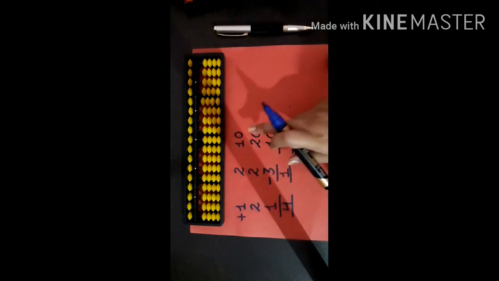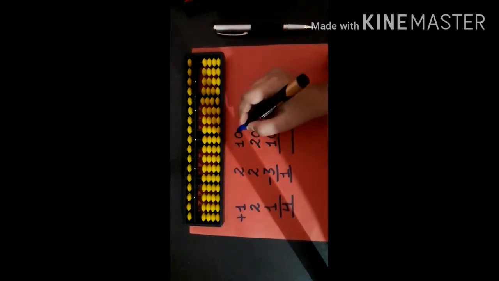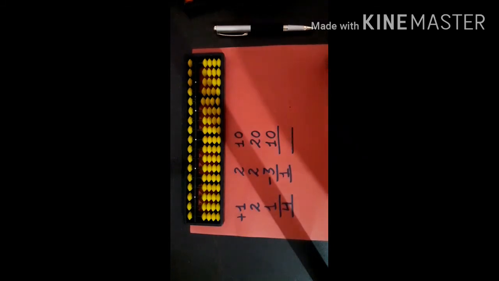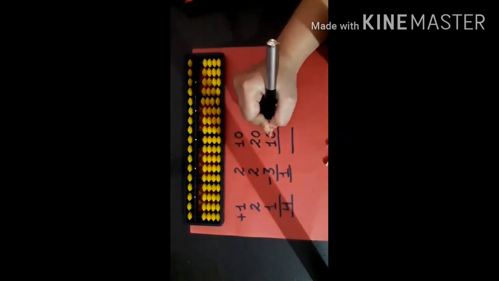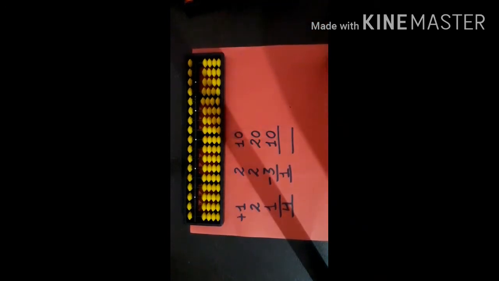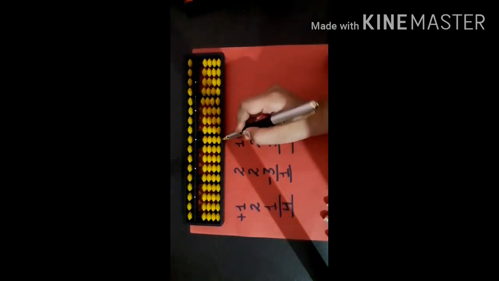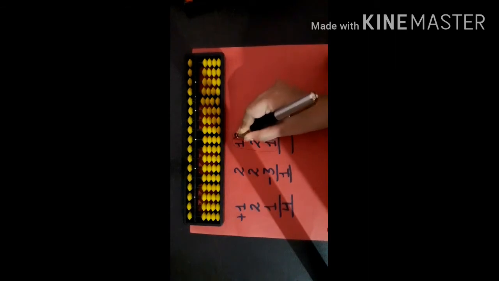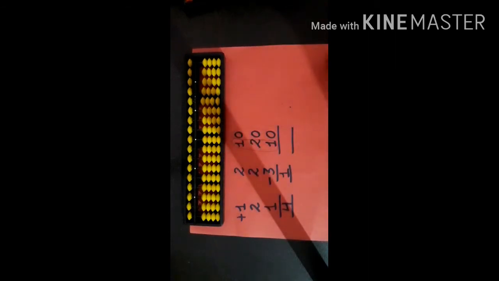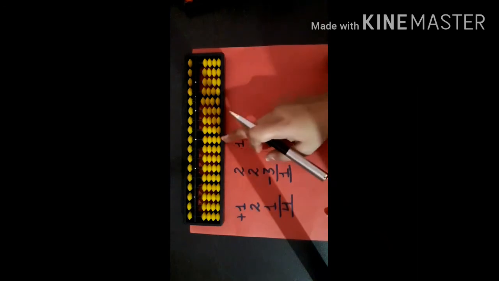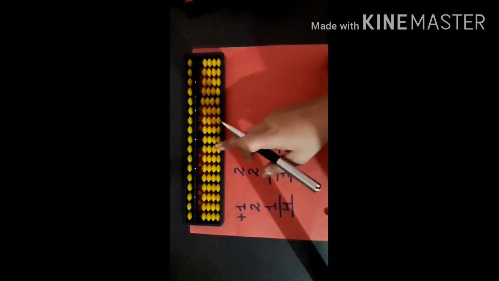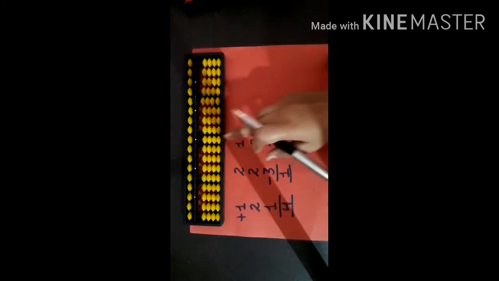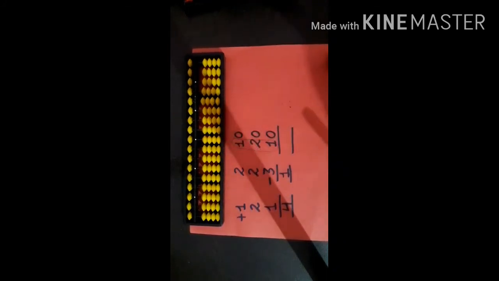See this. This is our sum. Now how we will do? See students, this first part goes in first rod, and the second line goes in second rod. The numbers of the first rod go in the first rod, the numbers of the second rod go in the second rod. First numbers go to first rod and second row numbers go to second rod. Is it fine? Now we will see.